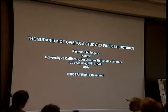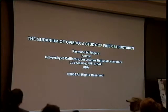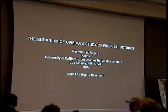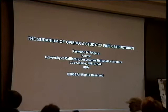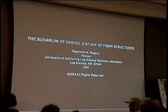The Sudarium of Oviedo, A Study of Fiber Structures by Ray Rogers. Abstract. The Sudarium of Oviedo has been studied intensively with a petrographic polarizing microscope. It is composed of pure flax fibers, and they show the same characteristics as the Shroud of Turin. The technology used to prepare the linen cloth appears to be identical to that described for Roman times by Pliny